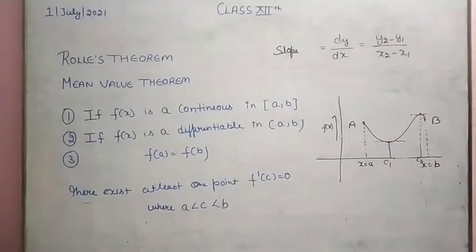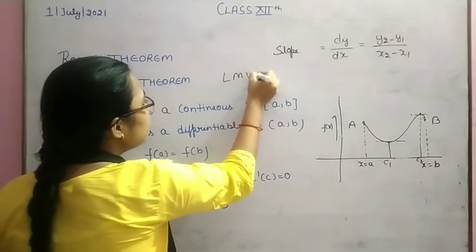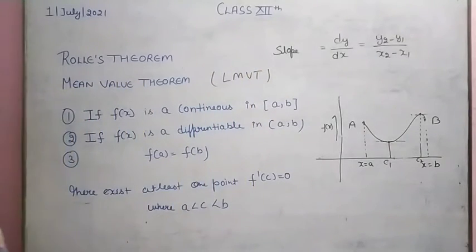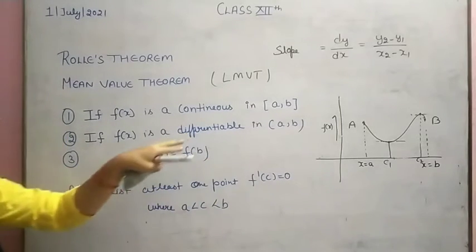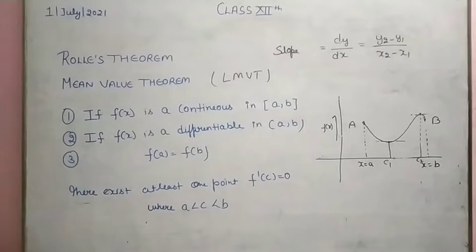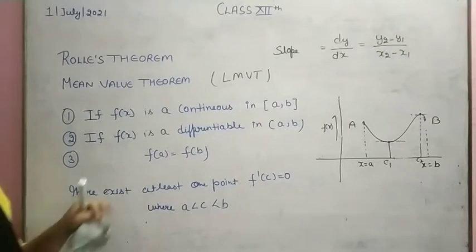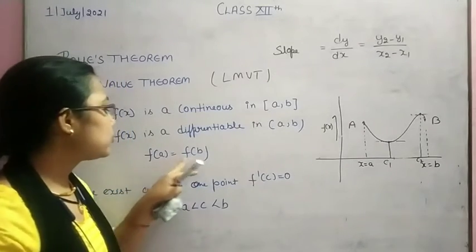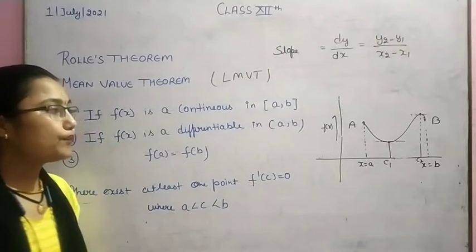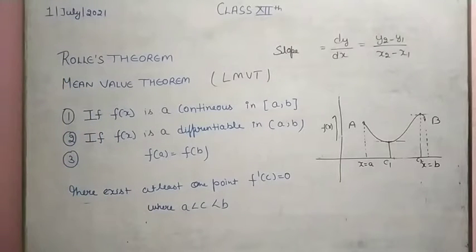Okay. Now come to the mean value theorem. It is also known as the Lagrange mean value theorem, LMVT. Correct? LMVT is a modified form of Rolle's theorem. Rolle's theorem gives two statements: if f(x) is continuous in [a, b] and f(x) is differentiable in (a, b), where f(a) equals f(b). So Lagrange modified this point, f(a) equals f(b). If the values of the function at these 2 points are not equal, what is the condition for C?